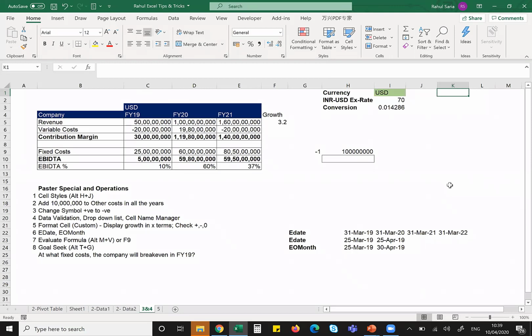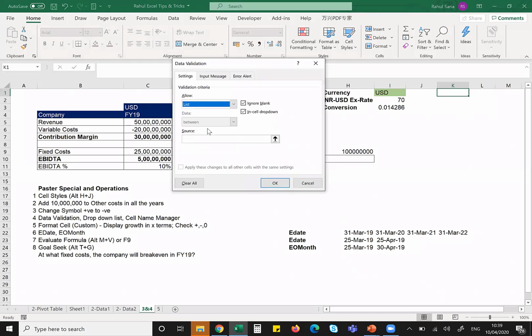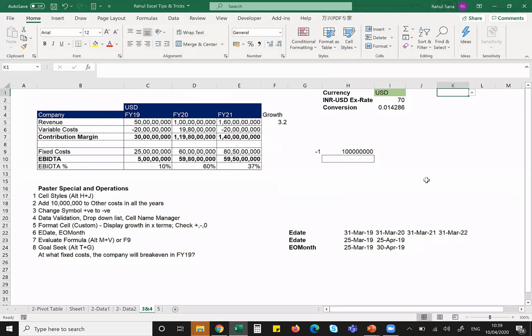I'll do it in a fresh sheet and I'll show you on a fresh cell. I go to data validation, I select list and I type, say INR, USD, Australian dollars. You see the drop down is ready. If you want to give a sheet to someone and don't want them to input their own values, you can use this drop down and it can be very helpful when you want the user to only input certain levels of data, right? Then I've kept an exchange rate and then a conversion through a simple formula, right?